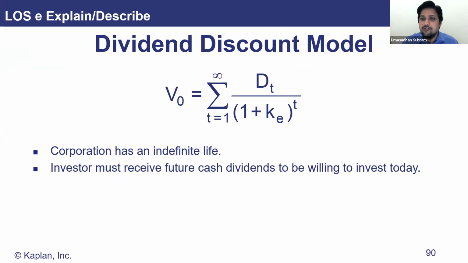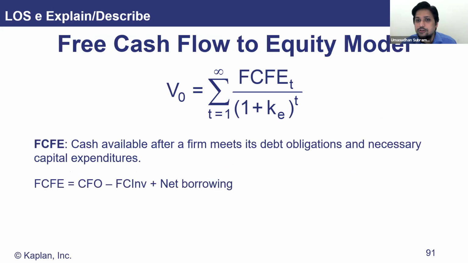If there are no dividends, then you cannot use the dividend discount model at all, isn't it? So something that is very important for you to remember on the dividend discount model, right? If the company is not paying dividends, what you are going to do is free cash flow to the equity. So you get cash flow from operating activities minus your CapEx plus net borrowing. You forecast this figure for each of the years until infinity, discount them all the way back to arrive at the free cash flow to the equity value, and that becomes the intrinsic value of the